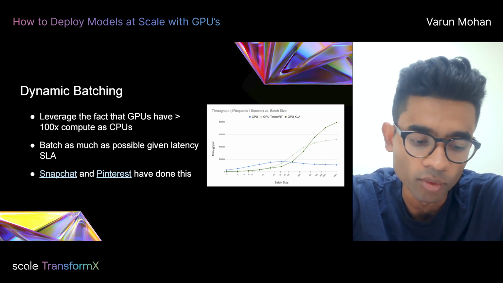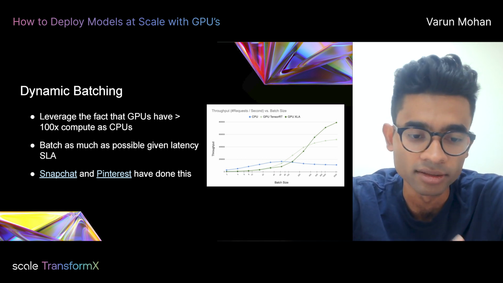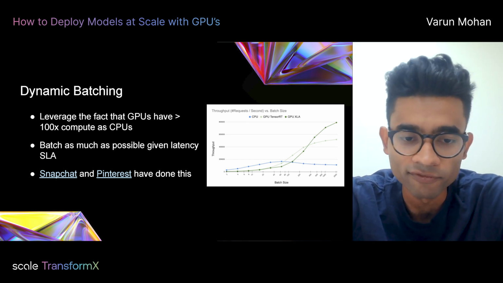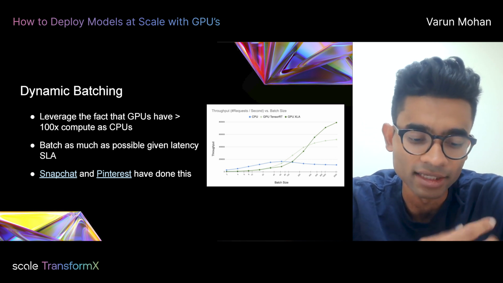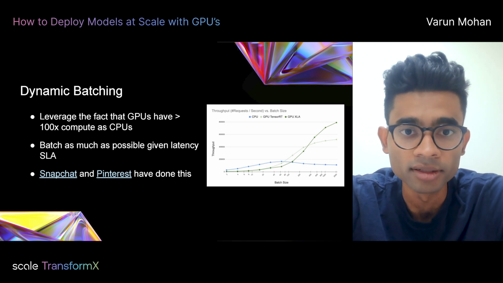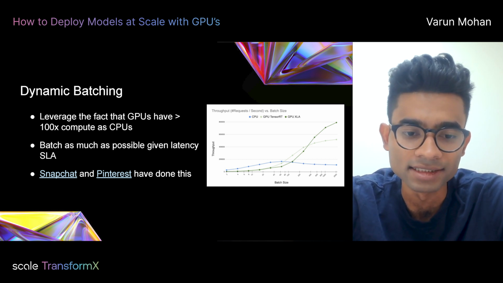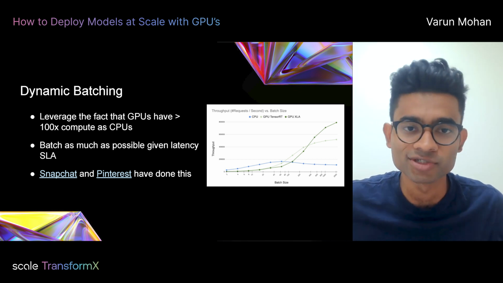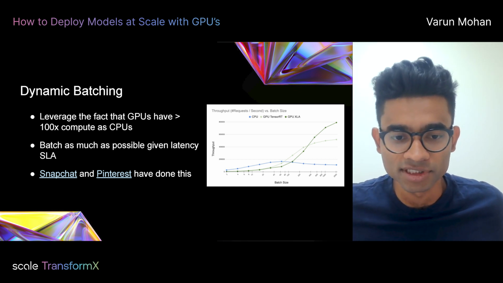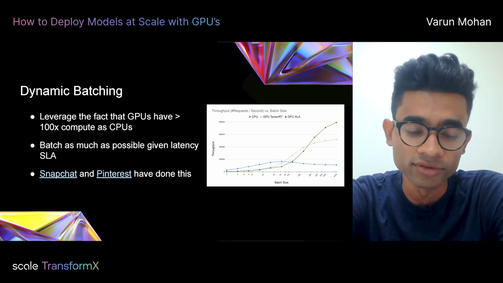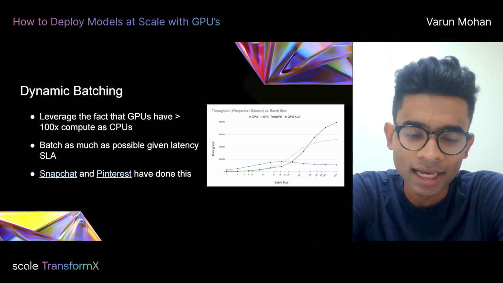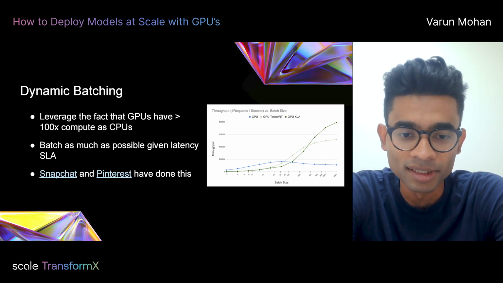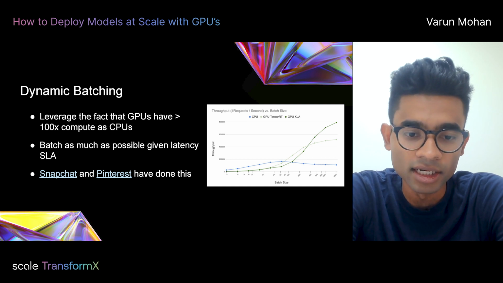Let's say you take a workload like an NLP workload where you're running BERT inferences. One of the problems that ends up happening is each of your inferences might be on a variable length input. If all of your inputs are different lengths and you want to compute in a batched way, you might need to pad a lot of your inputs to be the same size. But if you do that on the GPU, you might be throwing away a lot of compute. And you might need to figure out ways of being able to, without padding, run a lot of inferences in a batched way.